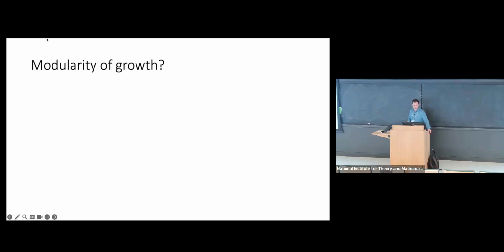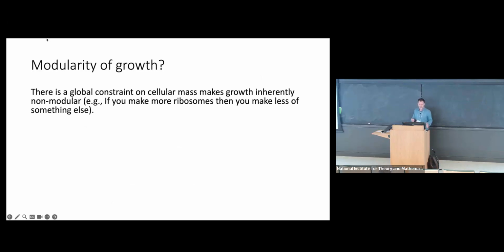All right, in the last minute, I wanted to ask how this relates to the meeting. Okay, so modularity of growth. Is growth modular, or how might we think about growth as a modular process? There's one part of it which is clearly not modular, and that comes through the conservation of mass, right? You have to make one thing. If you devote some amount of resources to some module, then that means you have less to devote to the other. So there's really a global coupling that comes through conservation of mass,